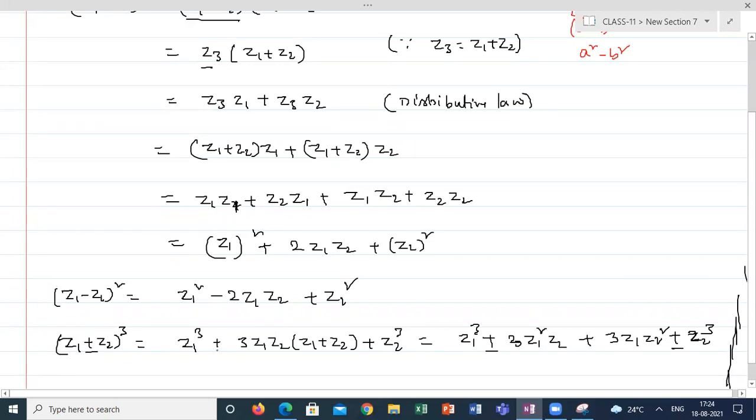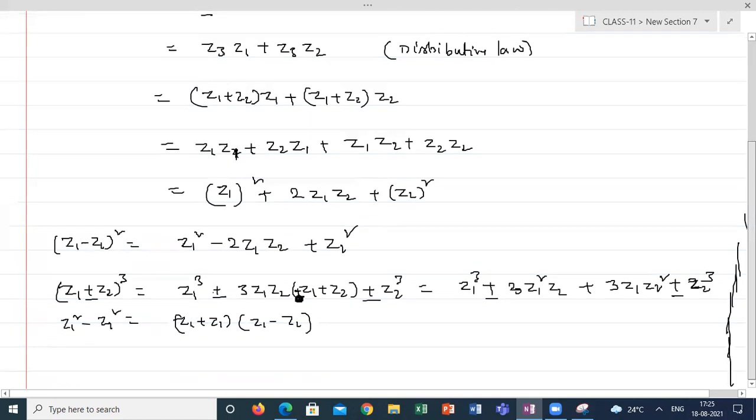We'll get minus here, minus z1 plus z2. Plus or minus, I have to take here, it will be a correction. Anyway, like this we can prove all the other identities, like z1 square minus z2 square will be equal to z1 plus z2 into z1 minus z2. This is plus or minus, or I can write this is also plus or minus. When it comes to minus, you can eliminate this one. So these are algebraic identities that can be applicable for complex numbers also.